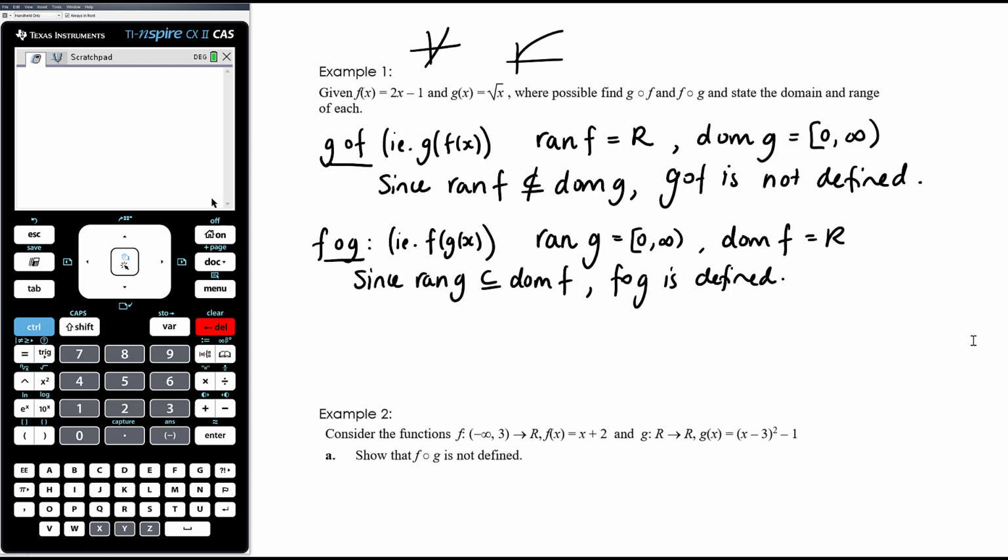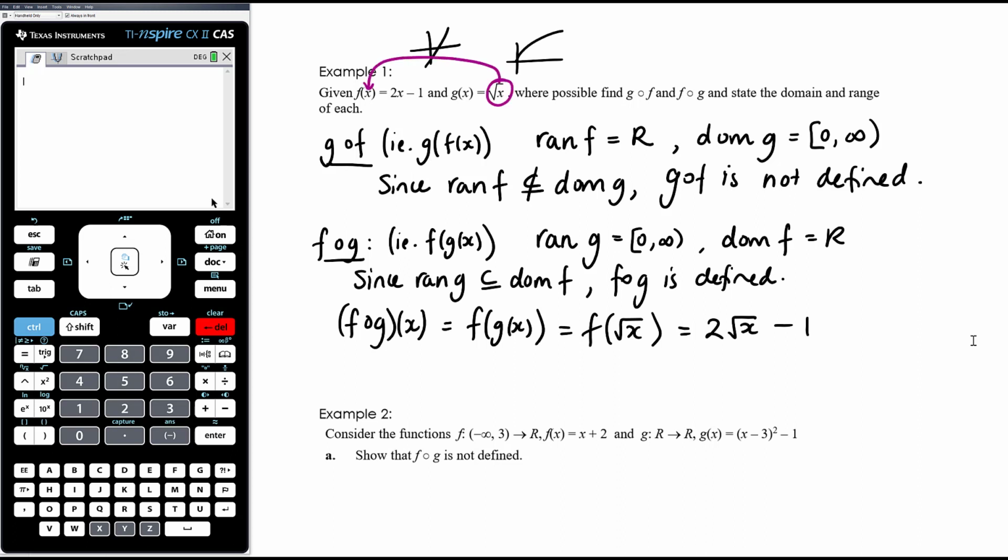Okay, so this one is defined, so now we're going to calculate it. f of g of x means f of square root of x, which is g of x, and f of x is 2x minus 1. So our rule here is going to be 2 times the square root of x minus 1. What we're doing is we're substituting g into f, so everywhere there's an x, we're replacing it with